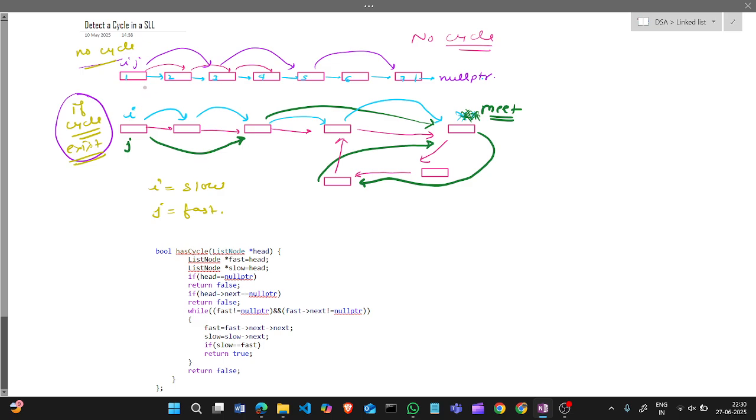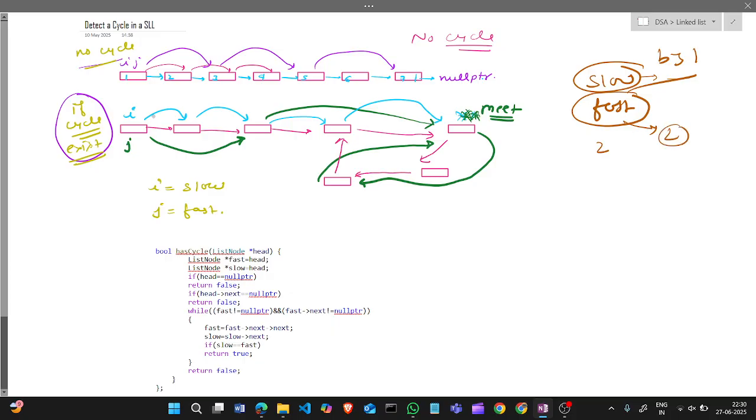So we will do this by the slow and fast method. Okay, so we will run one pointer as a double, and this as a single. Okay, we increment this by 1, and we increment this by 2.